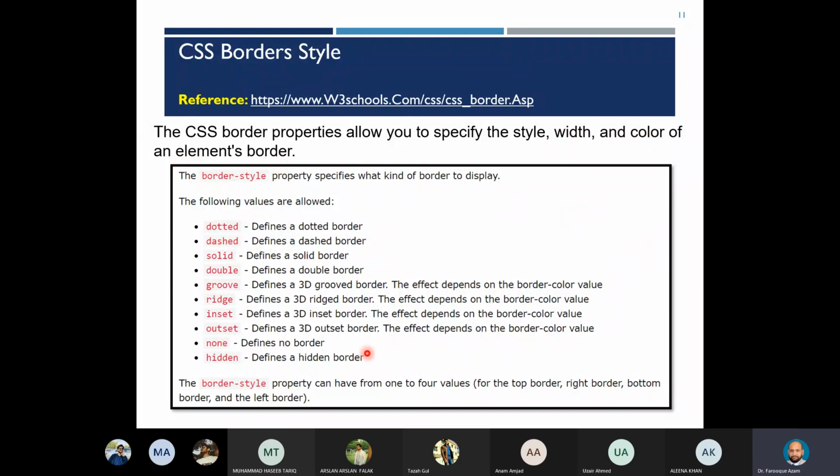We have seen some examples of this in the HTML tutorial as well. But here is the complete listing of what all we can do with the border style. For example, we can specify the following values to border style, which specifies the kind of border to be displayed. For example, it can be dotted, it can be dashed, it can be solid, it can be double border, it